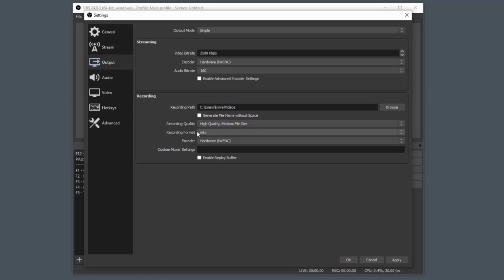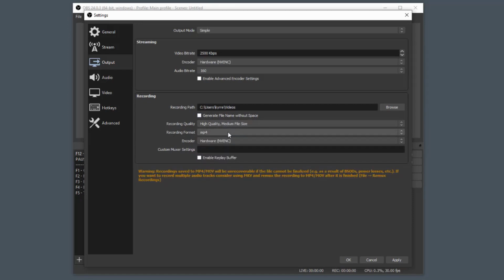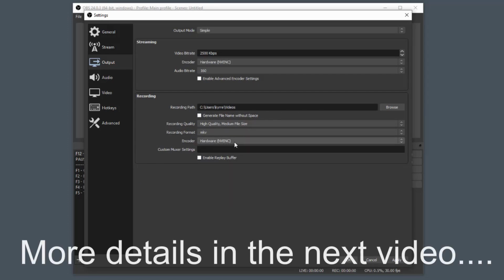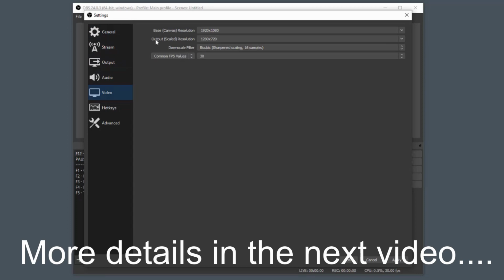The recording format I would leave at MKV and not do MP4 because it gives you lots of warnings. I'll show how you can then remux that later. And if you can do hardware encoding, that is obviously better than none. The other thing you should check out then is, if you go to the stream settings, no, here, hold on, there was video, to look at the output resolution. And this also will determine a bit of how difficult this will be for your computer, in addition to the frame rate. I would leave this at 30 if I were you,